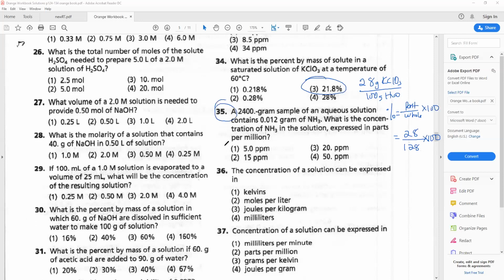Number 35, a 2400 grams sample of an aqueous solution contains 0.012 grams of NH3. What is the concentration expressed in parts per million? So ppm is the mass of the solute, which is 0.012 times a million,